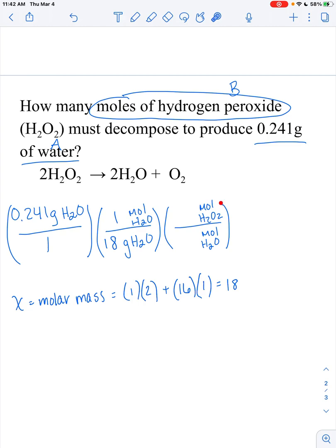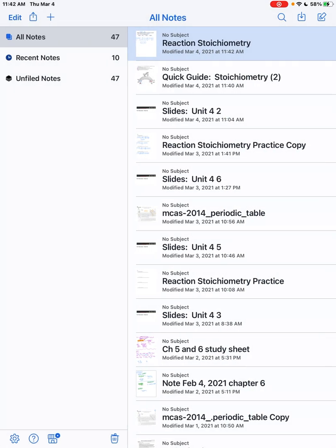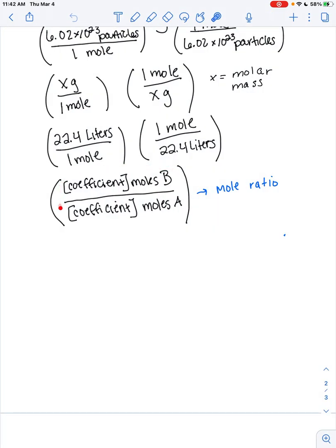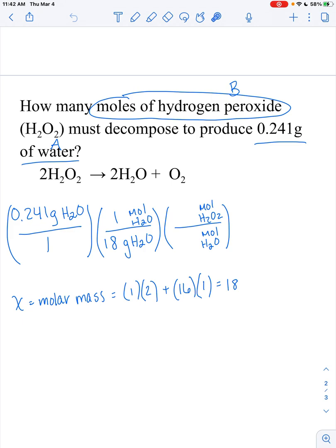The last factor here is going to be moles on top and moles on the bottom. So that takes us again to this factor with the coefficients. We find H2O2 in the reaction, and since it has a 2 in front of it, we put a 2 right here. H2O also has a 2, so we put a 2 right there, and then we solve. And we get